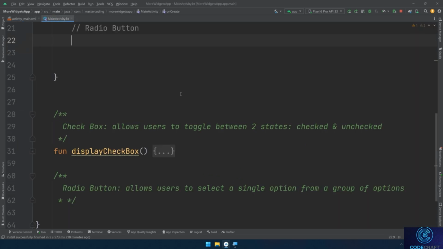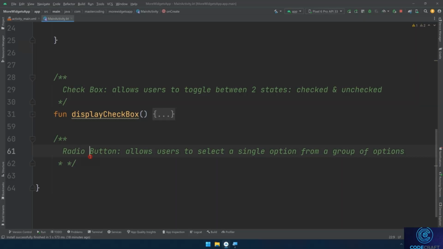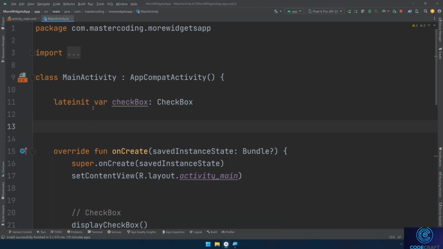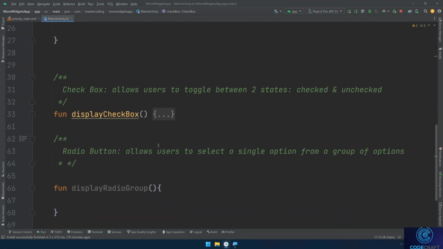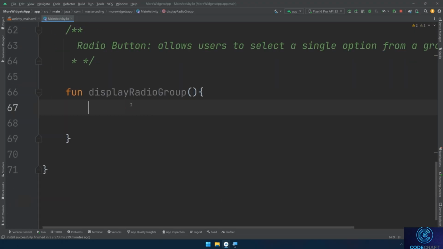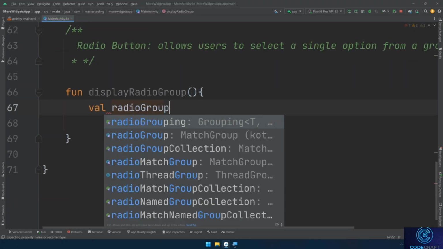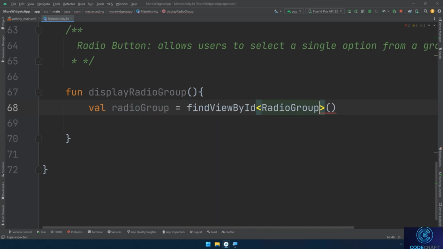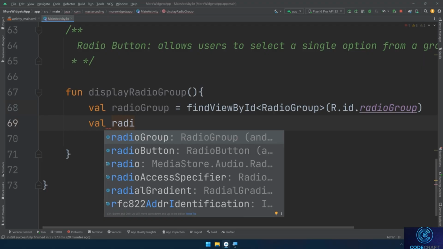Now let's move to the main activity. And here I'll create a new function called displayRadioGroup. I need to create a reference for these variables. I can use lateinit var for the radio group and radio buttons, or I can directly initialize them inside this function. So val radioGroup equals findViewById. It's of type RadioGroup, R.id.radioGroup. Val cheeseRadioButton